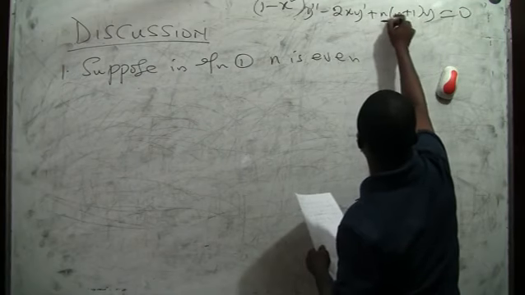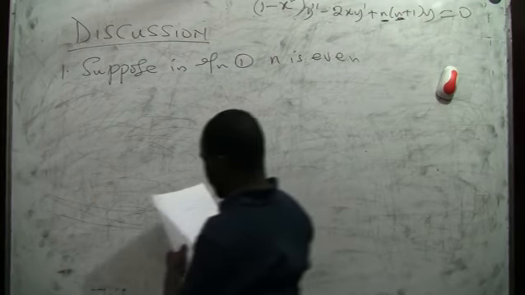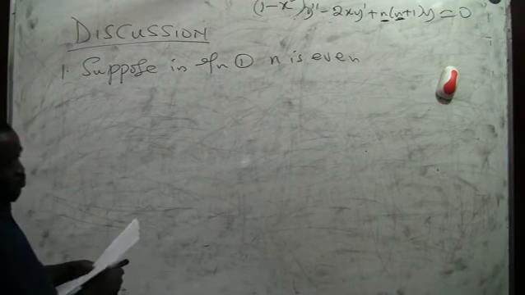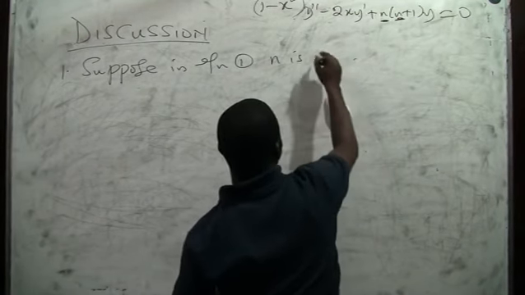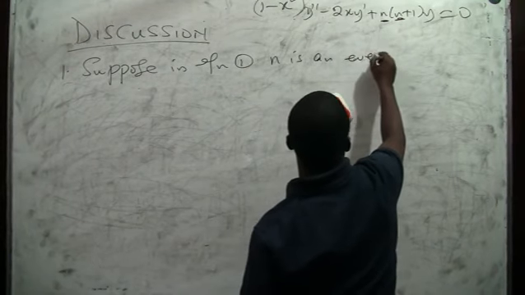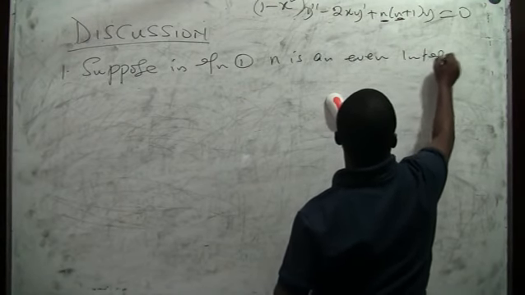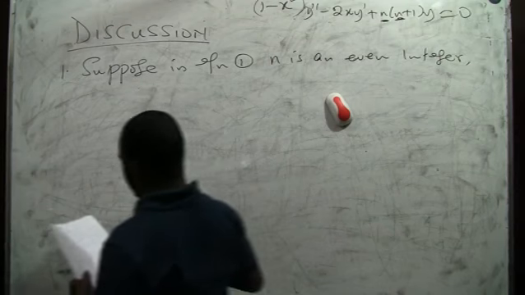Suppose n here is even, then what happened? n is an even integer, then